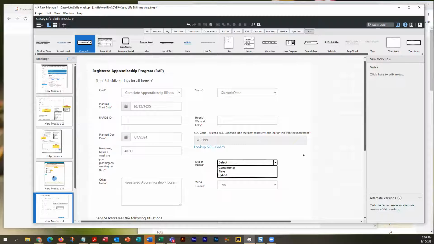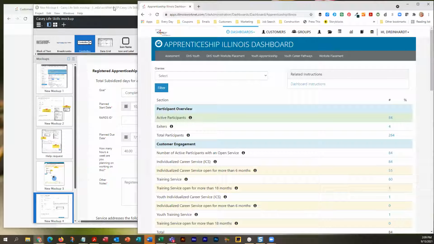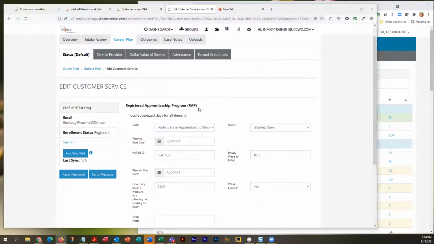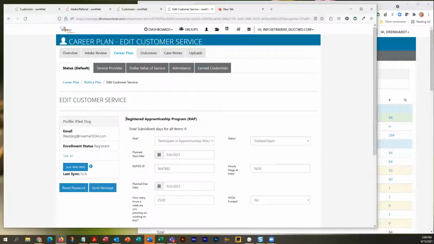I was just going to say, I'm looking at it right now, adding the step service, and it's not giving me apprenticeship as a choice. Are you adding registered apprenticeship program on the step in the career plan? I'm in career plan, and then I wanted to add step or service.